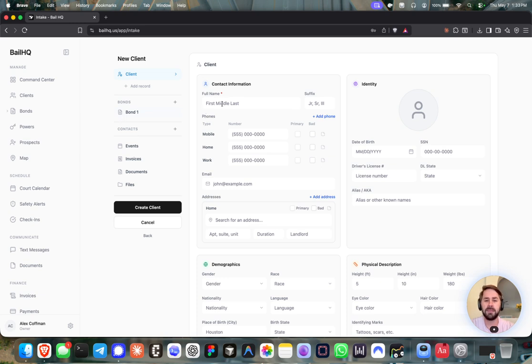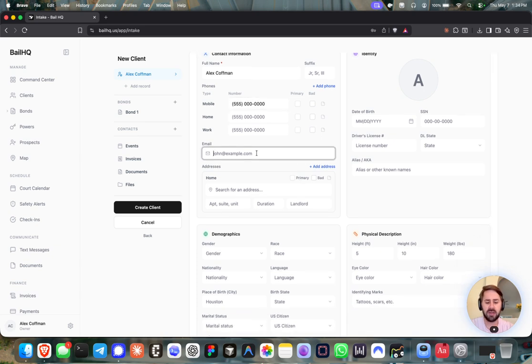So clicking new client. Here we're just going to create, my name here, Alex Kaufman. We're going to create an example number. But functionality-wise, you've got first name, last name, suffix. You've got identity, so you can choose a mugshot here, date of birth, social security number, driver's license state. Aliases, email address, so